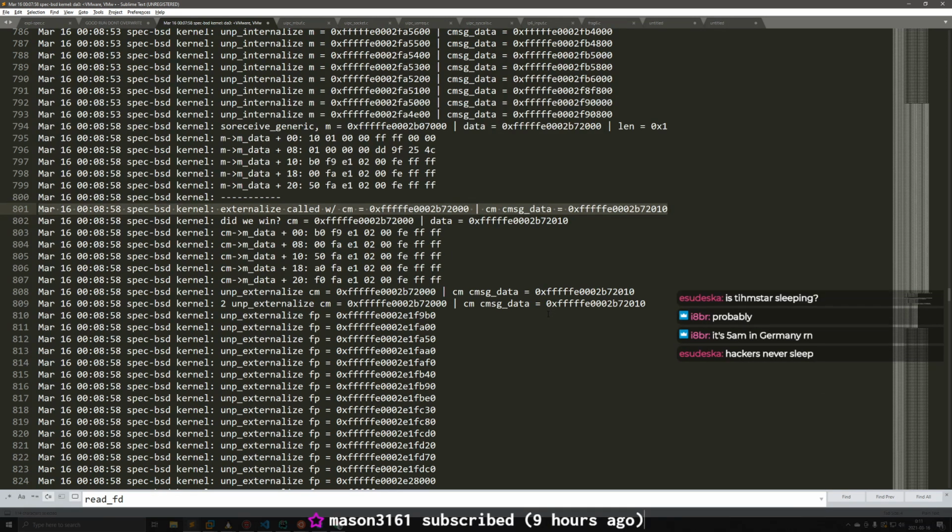Is Team Star sleeping? Yeah, for sure. I think it's 6 o'clock in the morning for him right now, or it might be 5, because does Germany respect daylight savings time? I don't know actually if it does or not. If they don't, then it's changed to 5 hours. So I think it used to be 6 hours. I don't know. Time zones, man. They're hard.